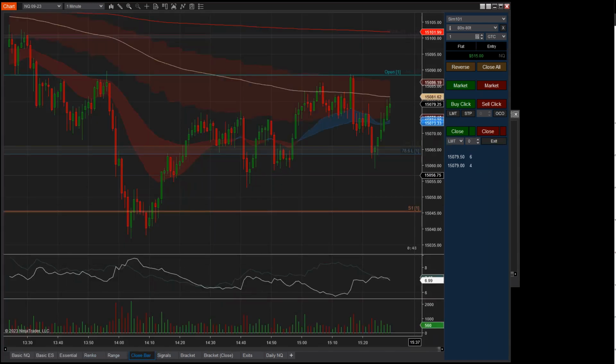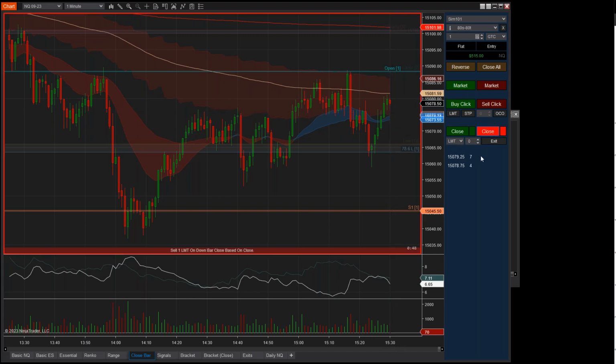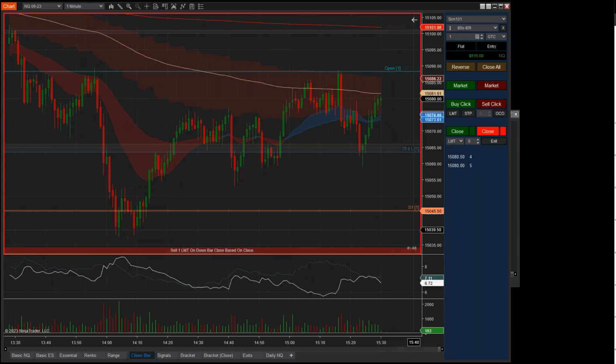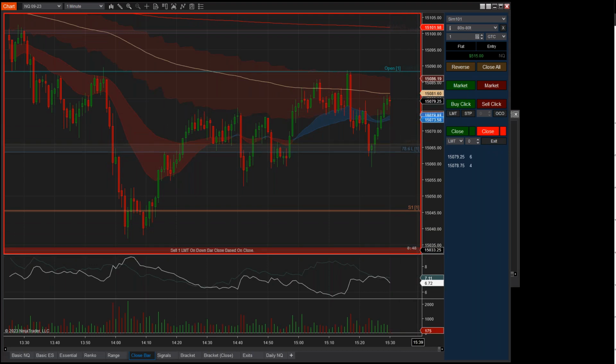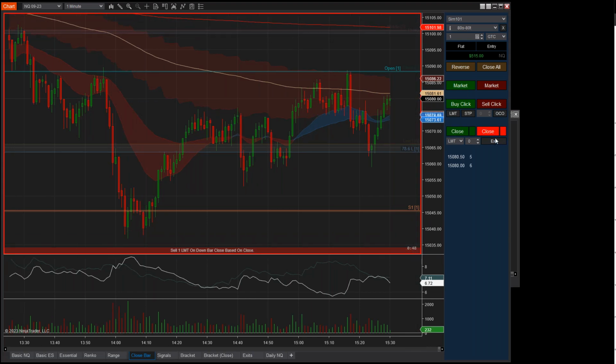This is a classic one that I developed one or two years ago. The other ones are more recent, but this is just going to enter on the bar close, right? I can configure it so that if it closes red, I want to get short. That would be this configuration right here. You can see the countdown on my chart as well. I don't know why that countdown doesn't seem to be working, it's locked at 48 seconds. But anyways, if this bar closes red, we're going to go short.